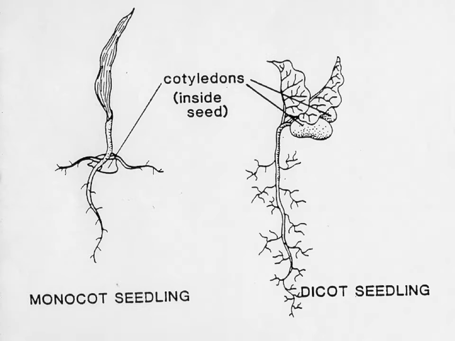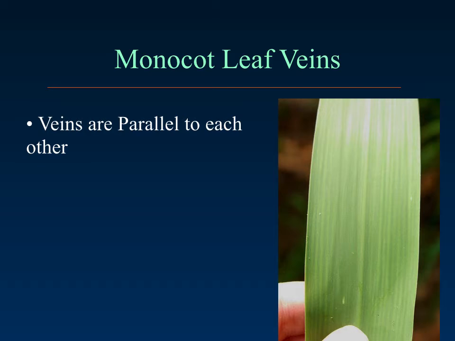So here's a monocot or monocotyledon. The leaves of the veins. Look at the right hand side of the screen with the picture. Notice those veins are very prominent and they're parallel. If you remember back to your geometry, two lines of space are parallel if and only if they never cross